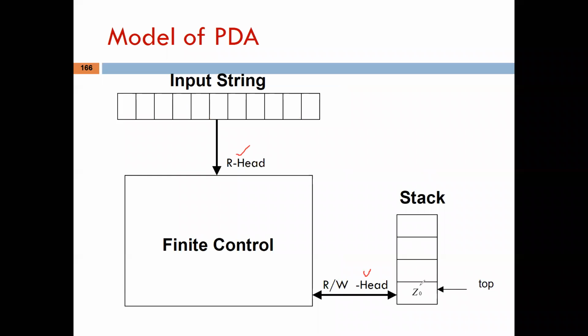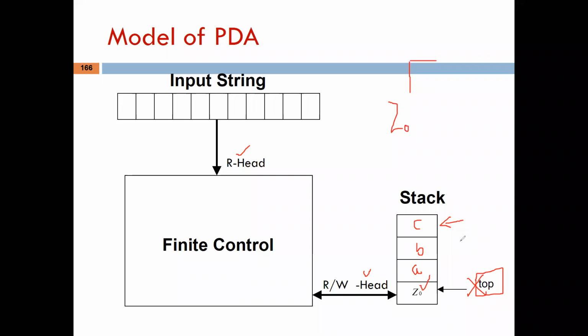So what is Z naught? There are two symbols, as I already told you, that are new for you: tau and Z naught, right? Z naught is the initial stack symbol. If there is no element in the stack, the top pointer of the stack will point to Z naught by default. If we push three elements, suppose A, B, C, into the stack, then the top will point to C. This is the basic property of a stack, as you already know.